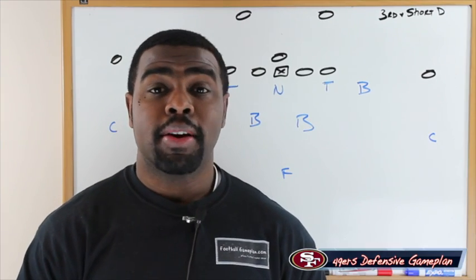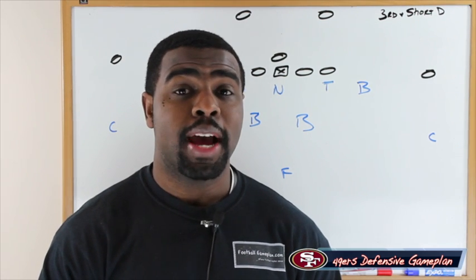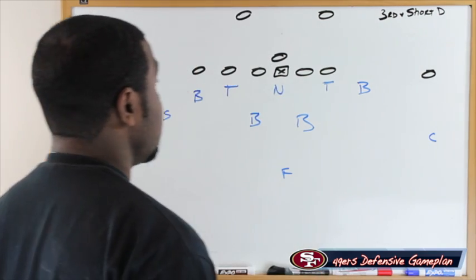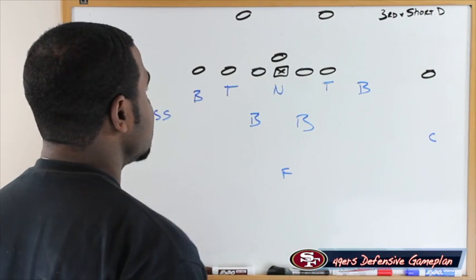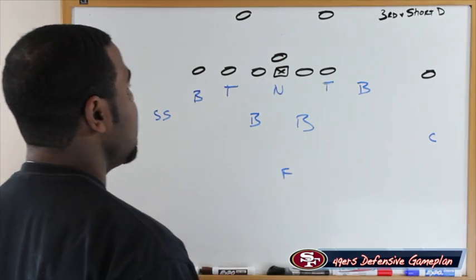In order to stop the Carolina Panthers, you first have to stop the running game. And I'm going to show you how the San Francisco 49ers can play great run defense on third and short. This is one play the Carolina Panthers love to run. They love to run strong side power. And while you can totally disregard the formation, I'm going to show you how they can get in position